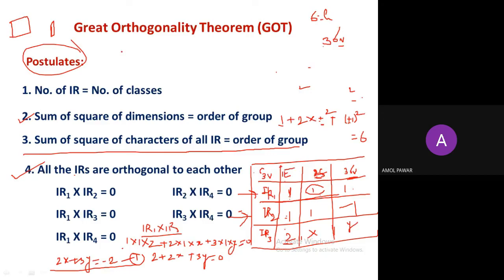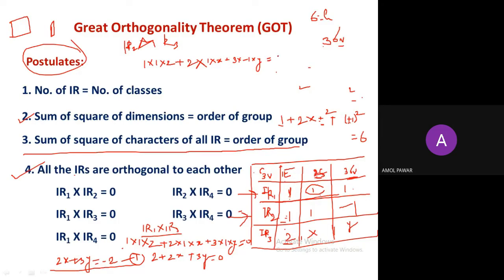Tell me fast. Now we are doing IR2 into IR3. IR2 into IR3. So IR2 is 1 into... tell me, 1 into character of IR2 into character of IR3 is 2, plus, now for C3, 2 into 1 into x plus 3 into minus 1, very good, minus 1 into y